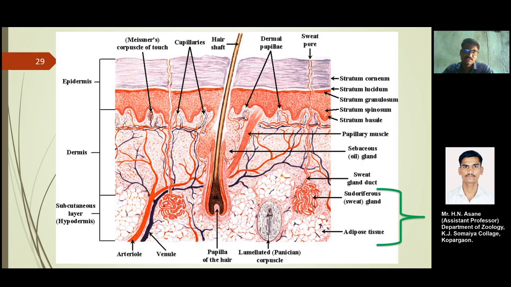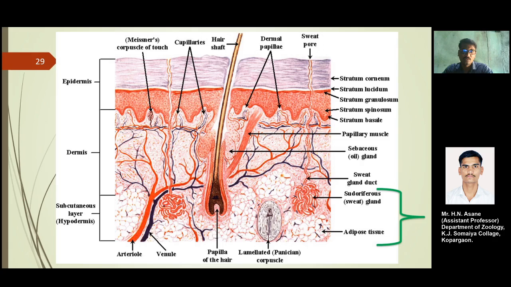You can see the sweat gland present in the hypodermis, and that sweat gland has its sweat gland duct residing in the dermis region. The sweat pore is at the top of the epidermis, and that pore secretes sweat onto the surroundings